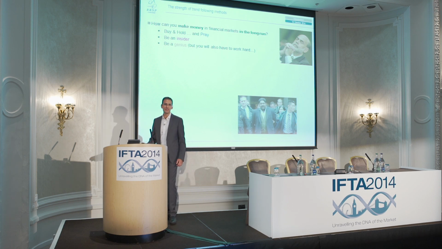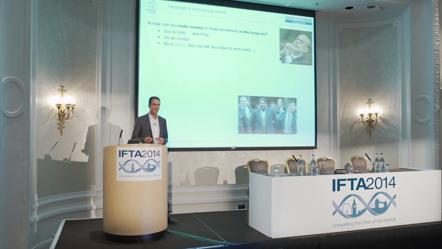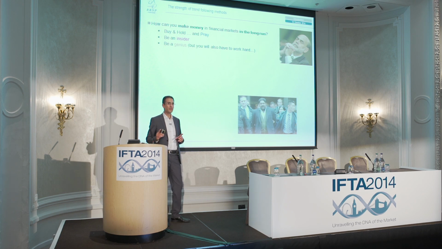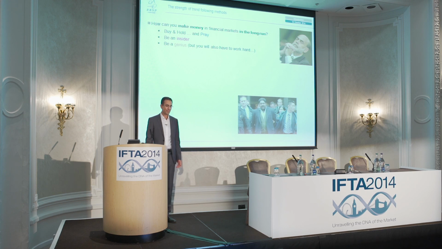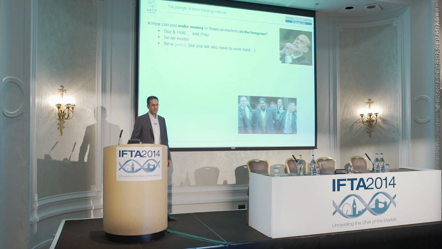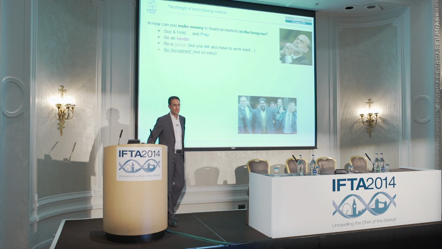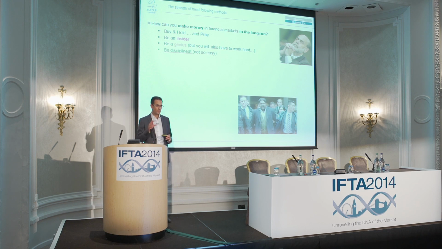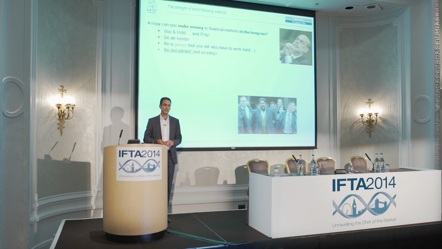I would have liked to be a genius. I'm not one. And my feeling, according to what I heard this morning on behavioral finance, is that even geniuses are not sure to make money on the market because they have the same psychological biases as everybody. So if you are not in these three categories, the only thing you can do is be disciplined. And as you already know, being disciplined is not so easy. Everybody can make money by being disciplined, but you have to stick with your rules, which is very, very difficult.